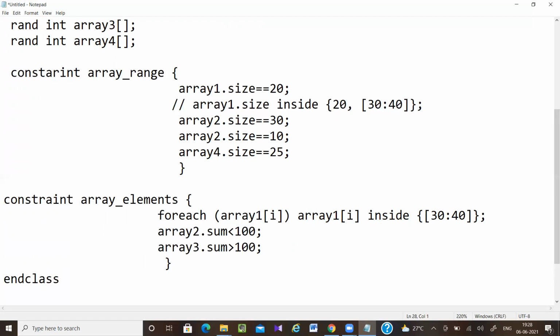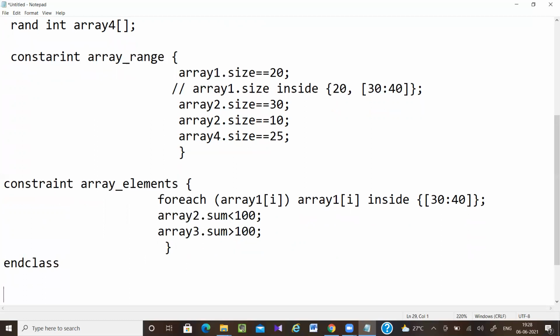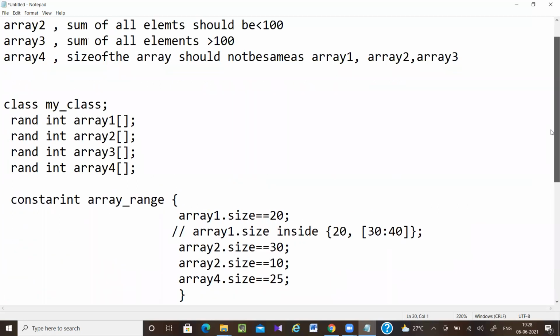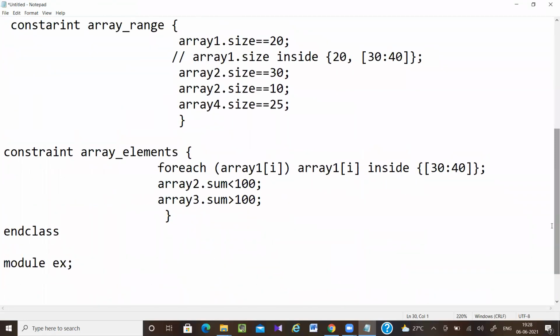And end class. Module example. What is the class name? Class name is my class. Here I can add a display function: function void display.